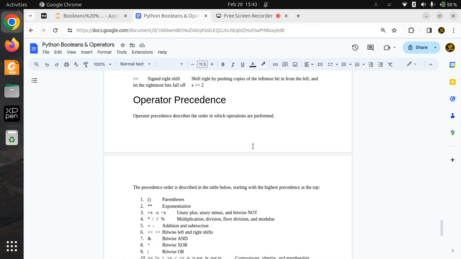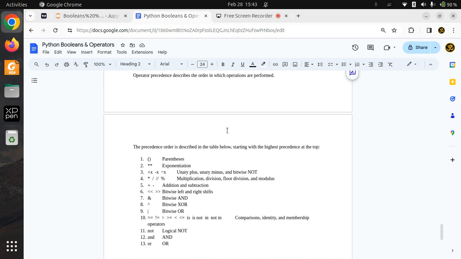Then finally we'll discuss operator precedence. As we know in mathematics also, operators have precedence, like the BODMAS rule. Here also the same thing, but these are the precedences. That means first we have to do the parenthesis, then exponential, then unary plus, unary minus, bitwise not, then multiplication, division, floor division and modulus, then addition, then bitwise left shift, bitwise and, bitwise or,